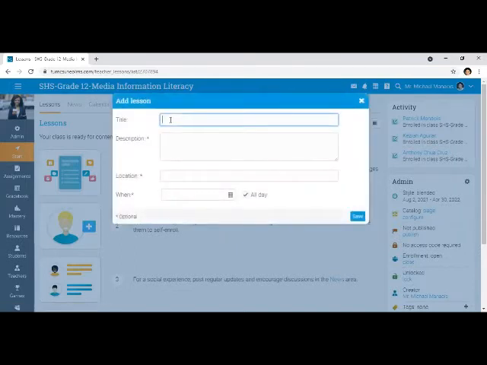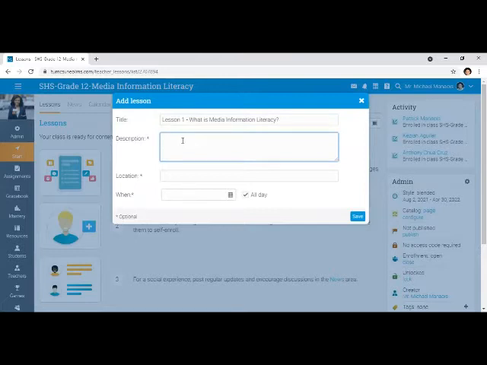Okay, for example, for the new lesson, I'm going to give the title Lesson 1. What is media information literacy? Okay, this will be the title of my first lesson. Under the description, this is your introduction to the world of media information literacy. Okay, after typing the description, since the location and the when is optional, you can simply put